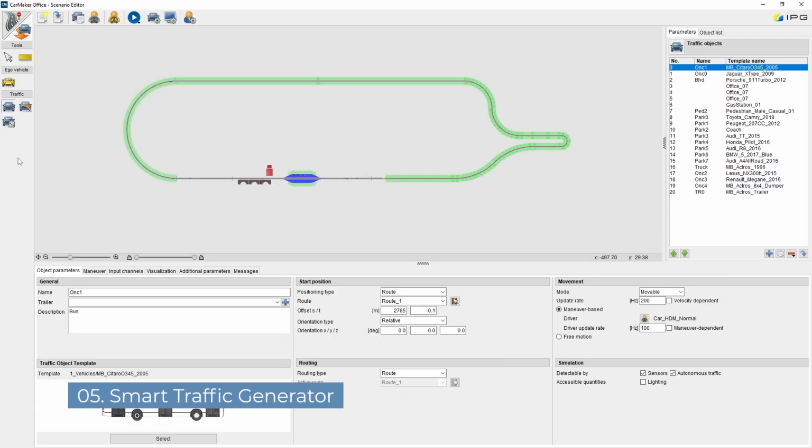The smart traffic generator, as option beside the normal traffic menu, was developed as a fast and easy way to simulate the ego vehicle in a fully automatically created scenario. Traffic objects are continuously created on new sections of the road during the simulation, while objects that have passed the ego vehicle disappear. The generated traffic objects come with both longitudinal and lateral autonomous driving maneuvers.